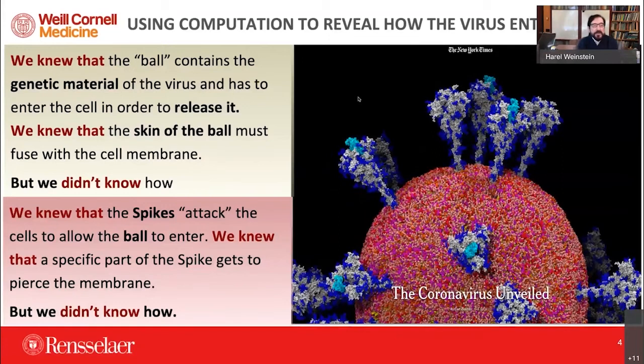project. We knew that the ball that you see here in red contains the genetic material of the virus and has to enter the cell in order to release it. That is the mode of replication. We also knew that the skin of the ball must fuse with the cell membrane, but we didn't know how. We knew that the spike attacks the cell to allow the ball to enter, and we knew that it's a specific part of the spike that gets to pierce the membrane, but we didn't know how. And that is what our project went to find out and to use in fighting the entrance of the virus